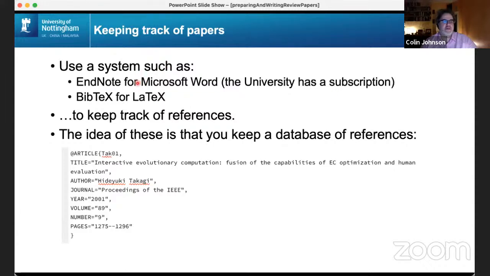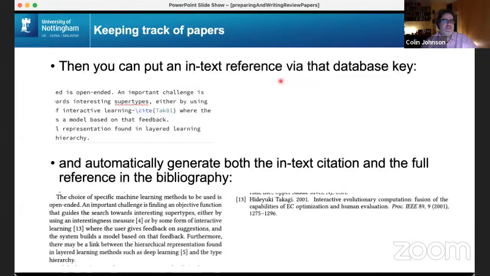At our university, we have this thing called EndNote. I use LaTeX a lot, which has got BibTeX, and we use these to keep track of references. So you keep a database of references, and then you can put in an in-text citation via that database key. So you can say, here's that paper. We can use that abbreviation, then that generates